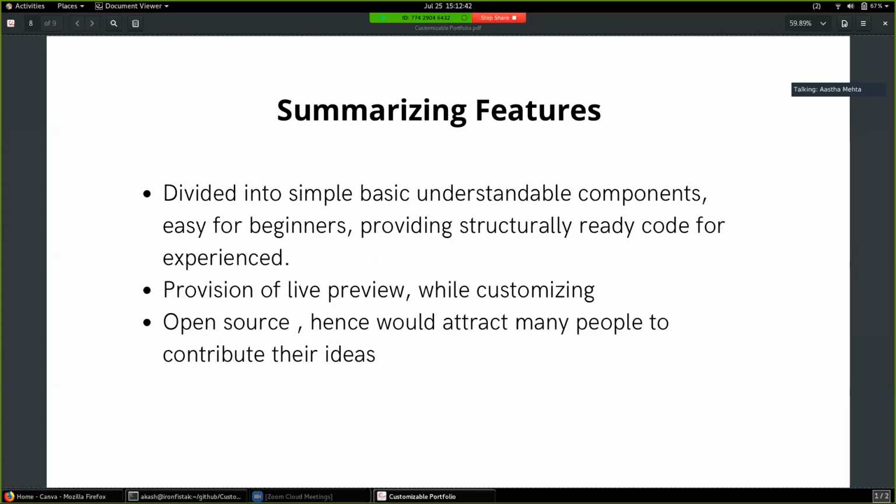Then we have the provision of live preview coming in future with the help of a code editor, and they can customize according to their needs, like change the color or change the number of cards appearing. And at last, since it's open source, we would have a contact us or contribution section in our site as well, to explain how the format of the pull request should be.